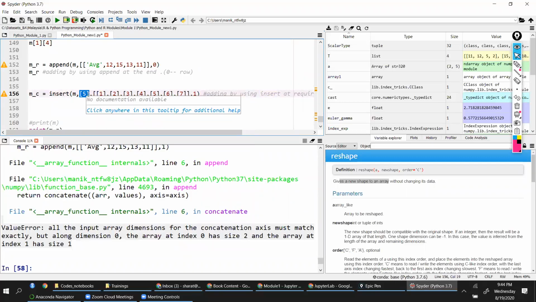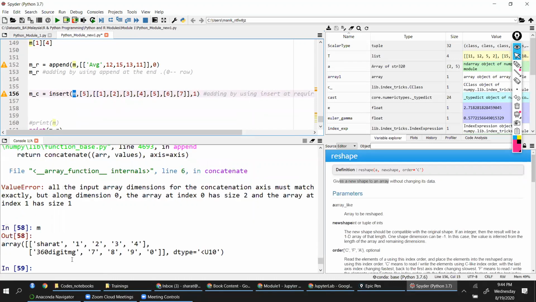So at the 5th position, that is the 6th position, in fact, since the index is 5, you want to add this. If you look at your M, you just execute M. So you have 0, 1, 2, 3, 4. So at the 5th position, it will add these values.